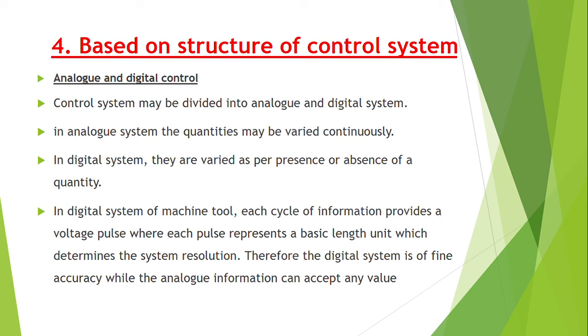The accuracy achieved in an analog system depends on the accuracy of various components used to construct the electronic circuit, and on the precision of the sensor which is used. Practically, in a digital system it is easier to obtain high accuracies. Both analog and digital systems are used in CNC machine tools.